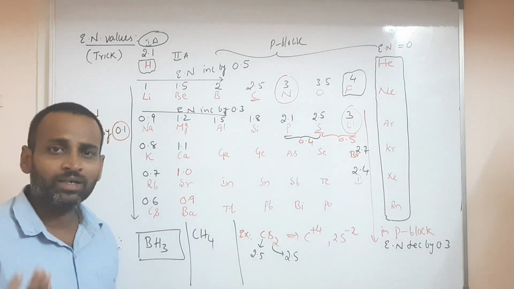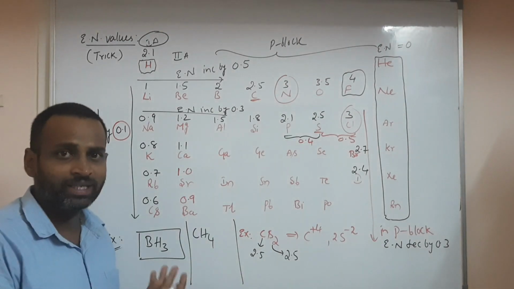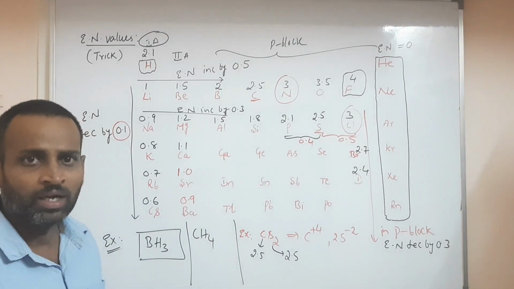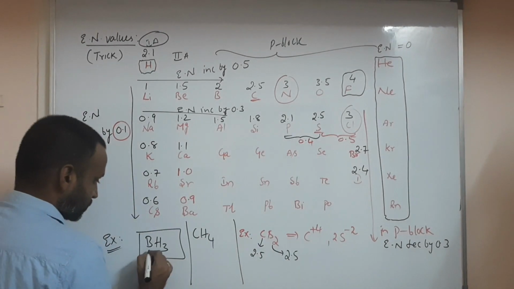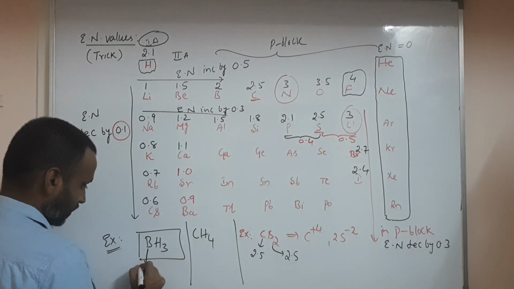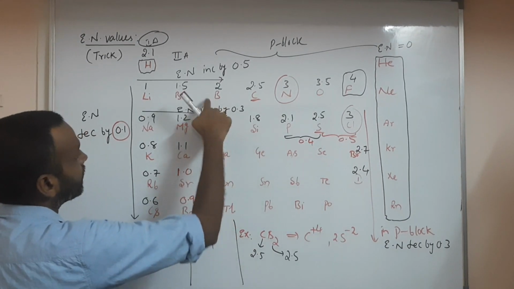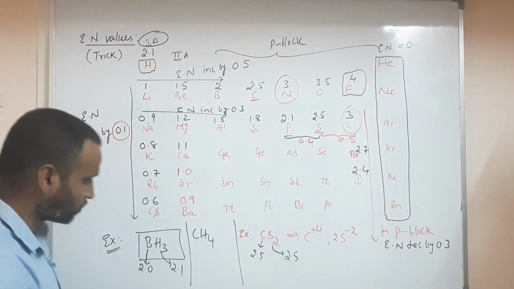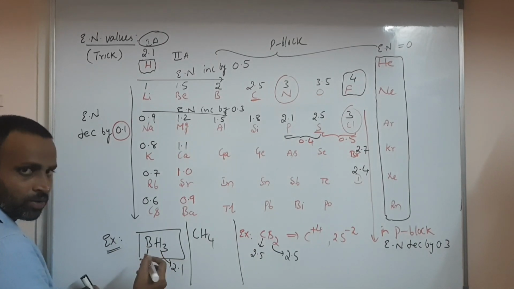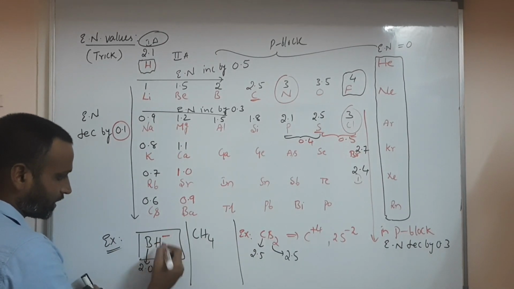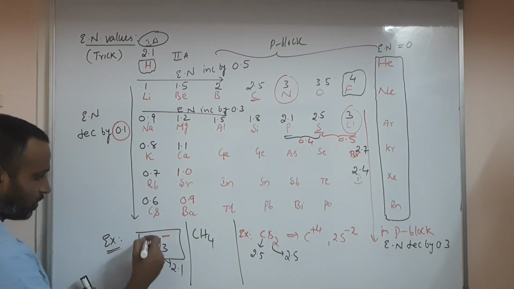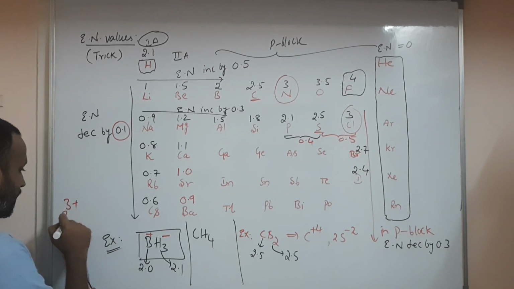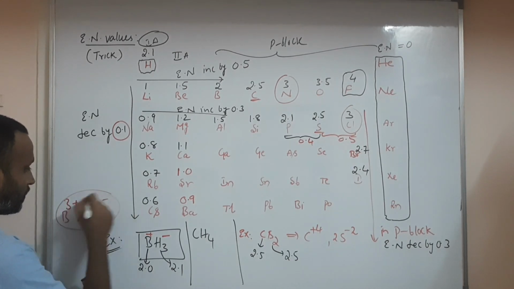Not only this, if you know electronegativity values, you can say many things like dipole moment, acidic character. All those things you can say, sir. Important. So here, if you see, boron electronegativity is 2.0 and hydrogen is 2.1. Certainly, who is having positive charge and who is having negative charge? Hydrogen is negative here, boron has positive charge. So you write boron 3+ and 3 hydrogens minus, like this.